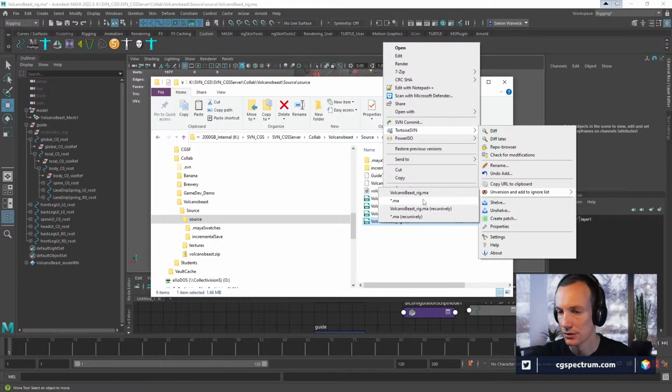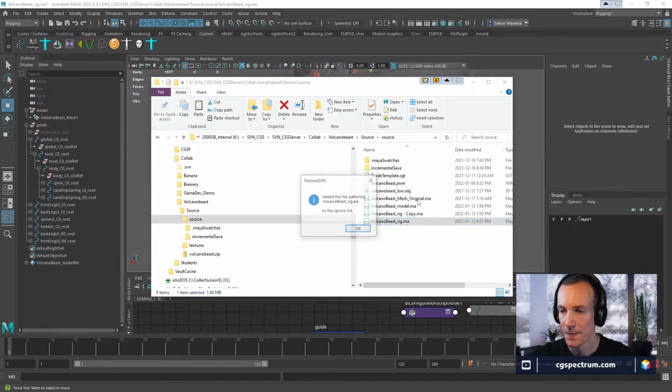Unversion. Well, I did it once, I might as well do it again. Added the file patterns volcano beast rig to the ignore list.